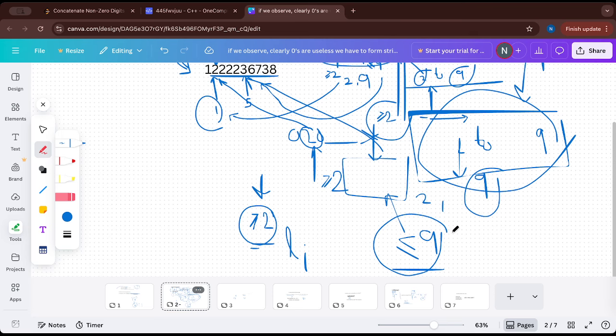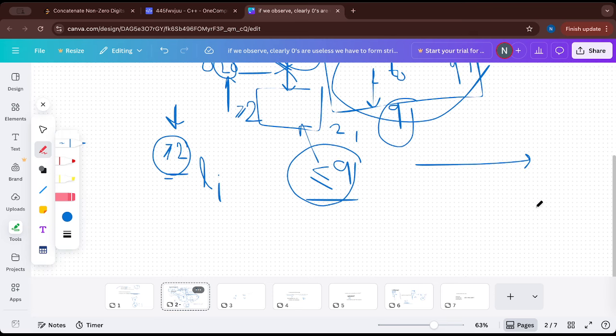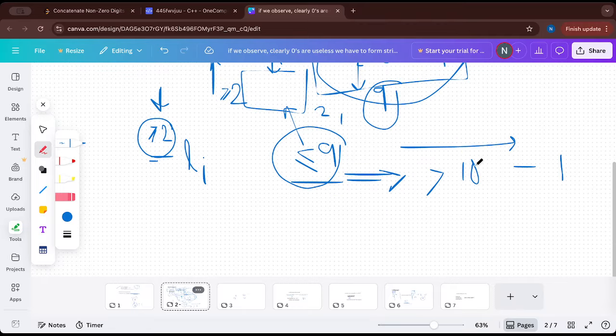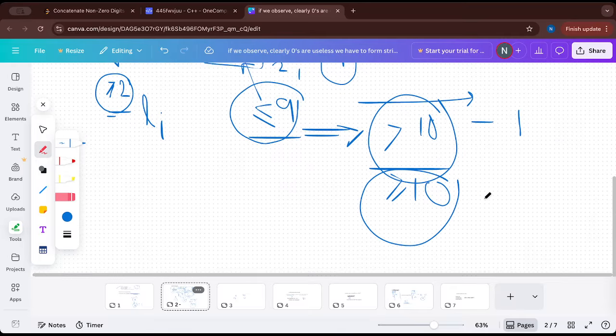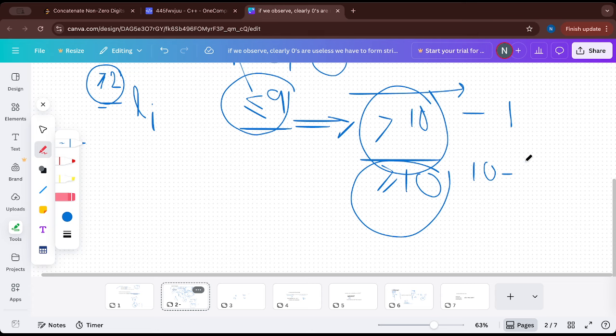So how to find the value which is less than or equal to 9 in a sorted array? So simply, what is less than or equal to 9? It is simply more than or equal to 10, minus 1, right? Because if we are finding more than or equal to 10, what does that mean? It indicates the upper bound. Upper bound means it returns the lowest index which is more than or equal to 10. So if it returns the number which is equal to 10, then if we take the before index, it means that it is 9, because if upper bound returns exactly